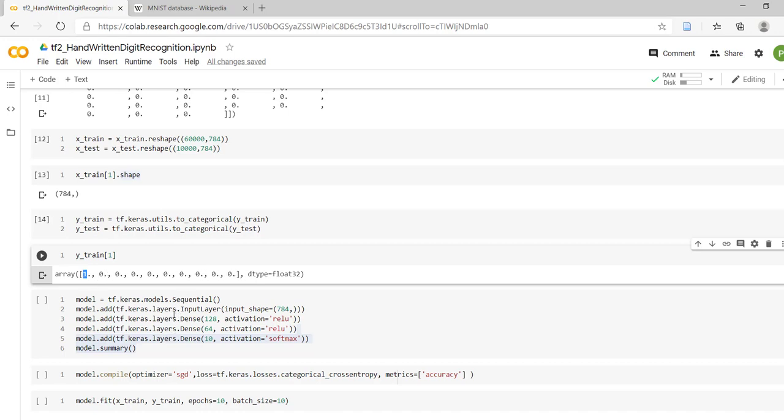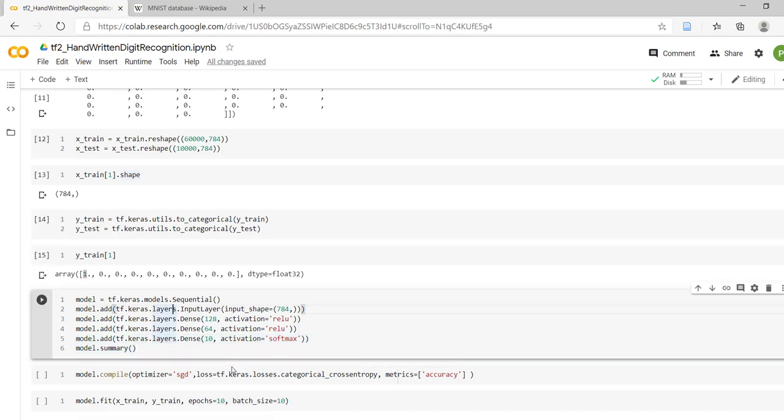Okay, now it's time to build our neural network. So how to create a model in TensorFlow 2.0? There are different types of models. The first and simplest one is the sequential model. A sequential model says that you have to place a number of layers one after another, where input will flow from the first layer to the last layer in a layered format sequentially. So we are using that over here, tf.keras.models.Sequential. It will provide an empty model to us.